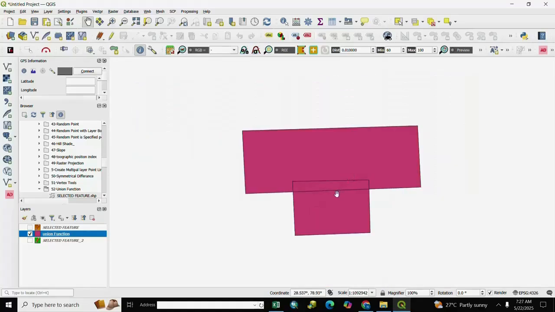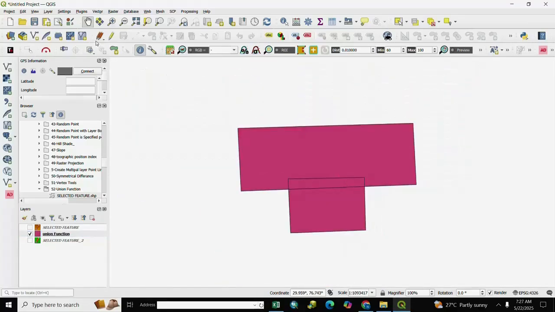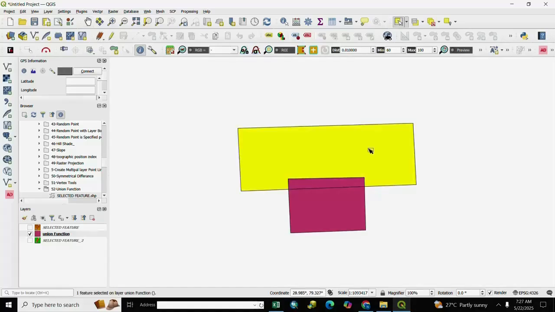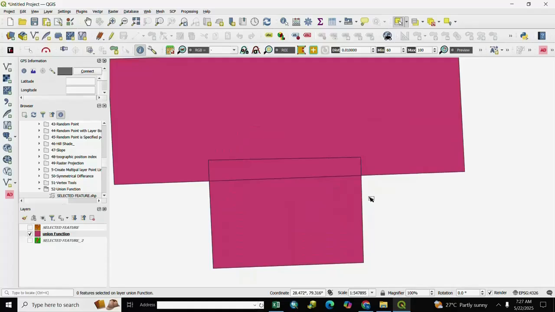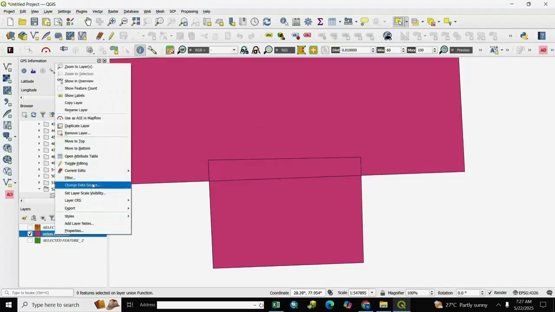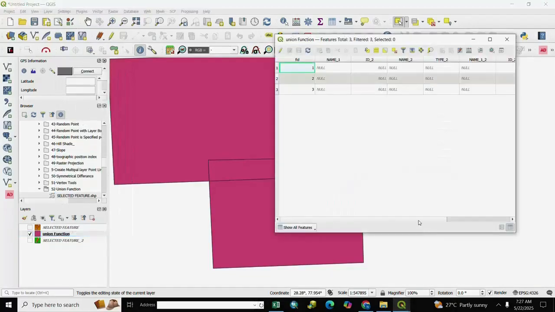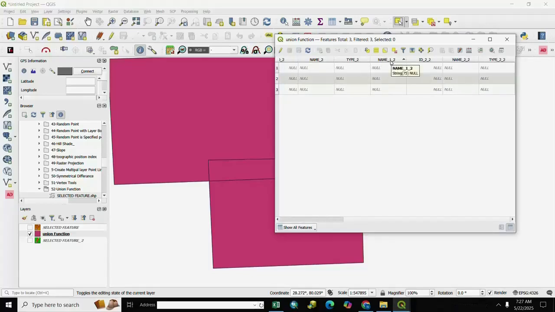You see here our output, 3 features created, 1, 2 and 3, and we also see the attributes. For the attributes, we right click and go to open attribute table, and you see here name 1, id 2, name 2, id 2, and the second feature name 1 underscore 2, id underscore 2, name underscore 2, type underscore 2.